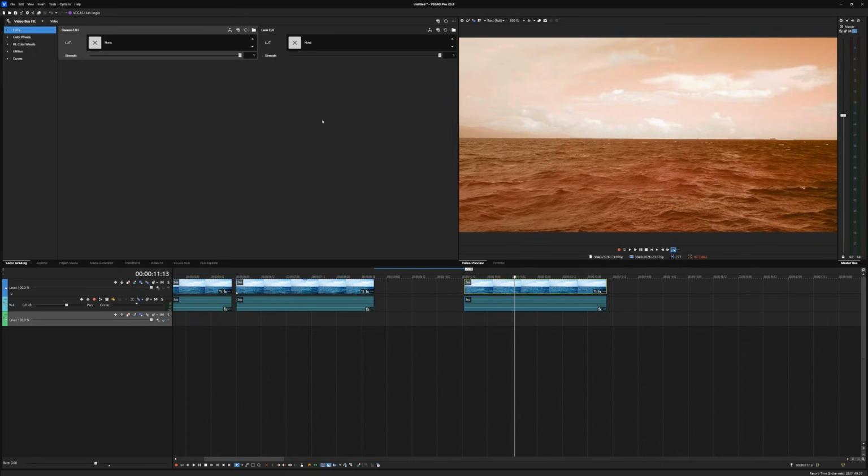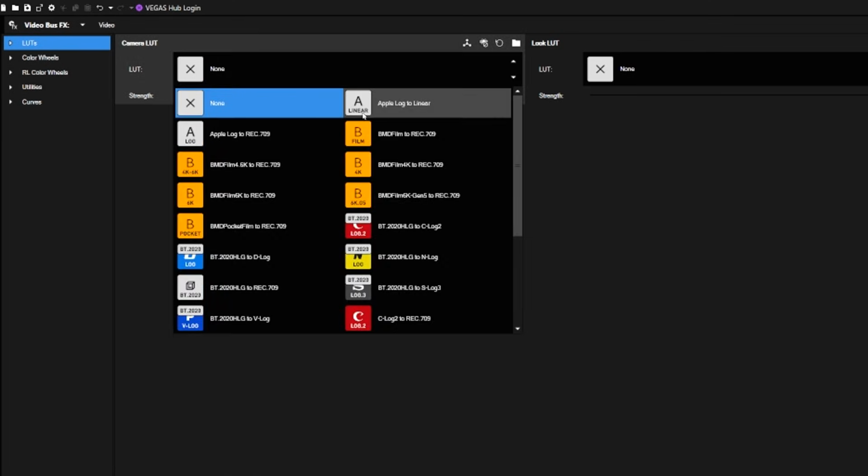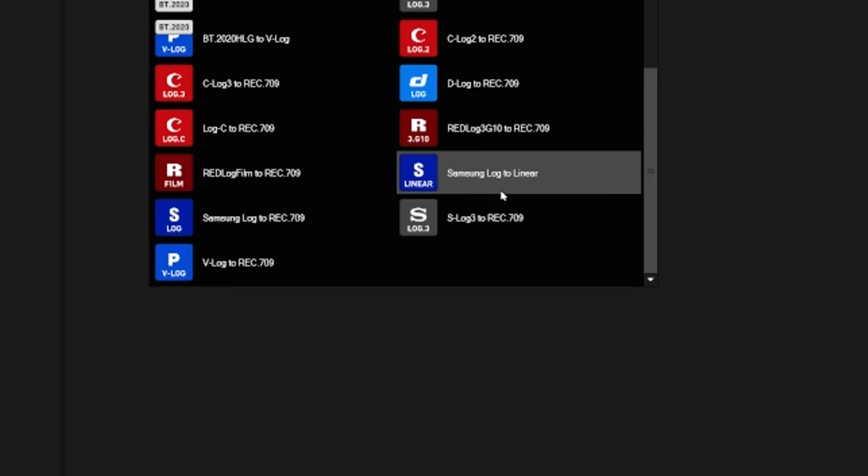So now that you know where the effects are and what they do and what you can use, as you can tell right here, if you go to the color grading tab, we have some options where we have some brand new LUT filters all in there, brand new for you to use. Also have some ones optimized for mobile. It's really cool. So we have ones for Samsung, we have an S-Log,